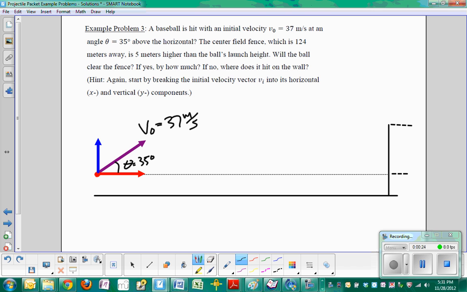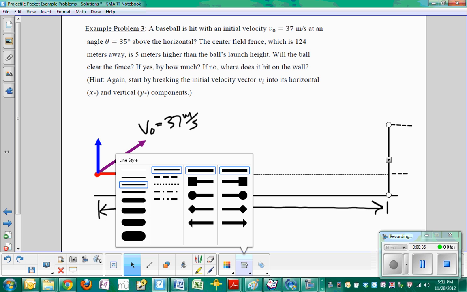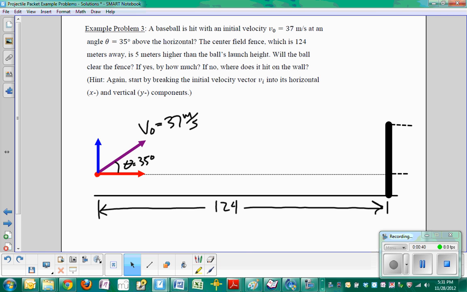Okay, here's the idea. We have a baseball that's hit and 124 meters away, we have the wall. Let's make it look more like a wall here for a second. All right, now it's a wall. So what we want to do is see if this baseball will clear the fence whose top is 5 meters above where the baseball was struck. So in other words, will the baseball, I'll make green for go, will the baseball go, or will the baseball, red,